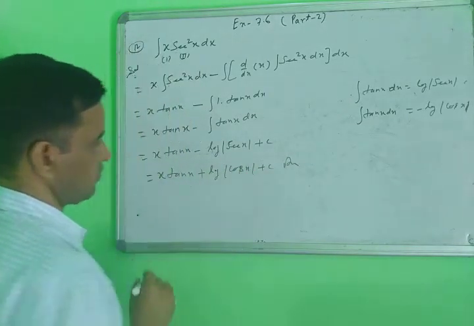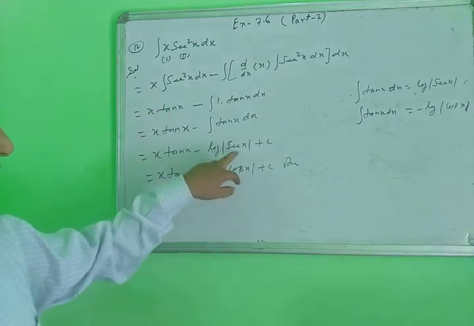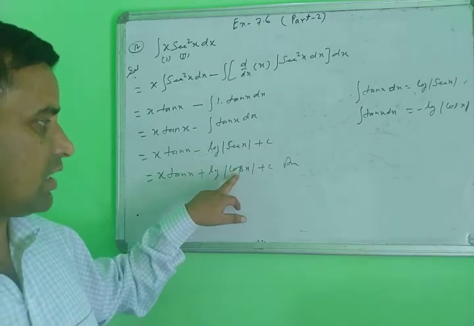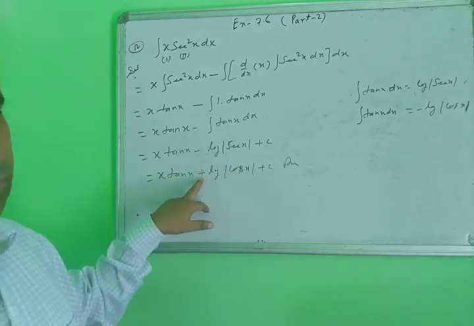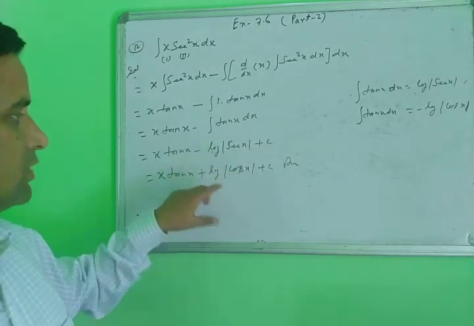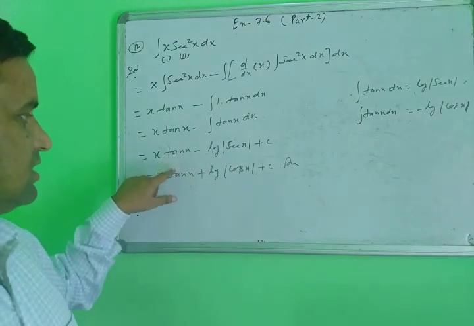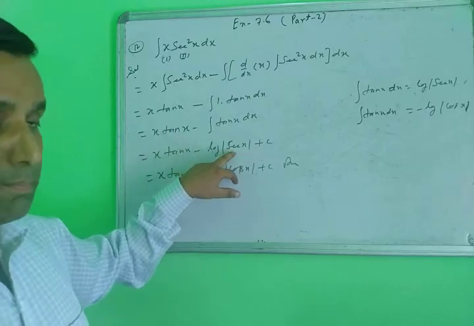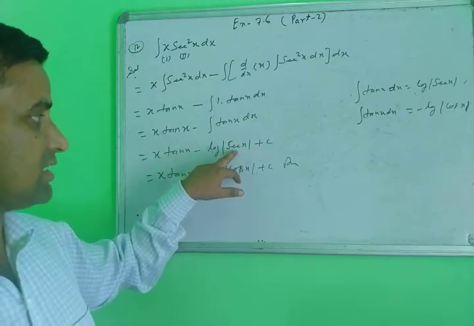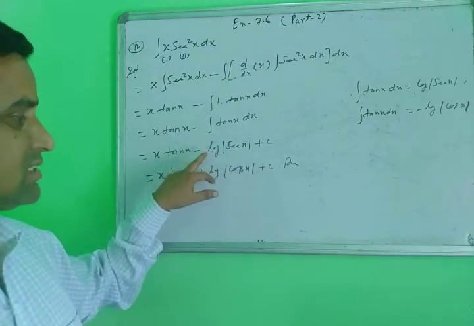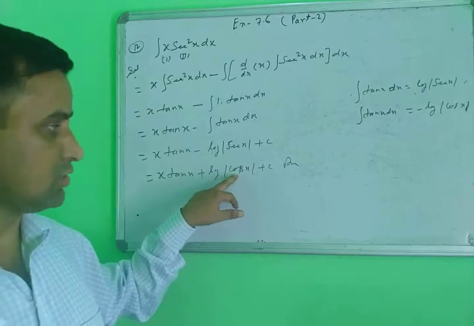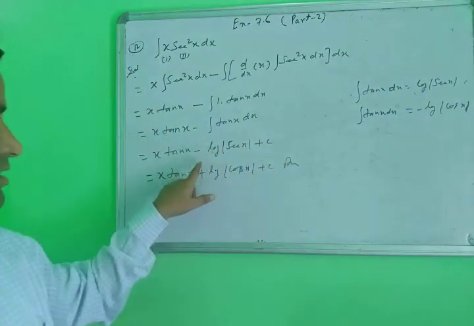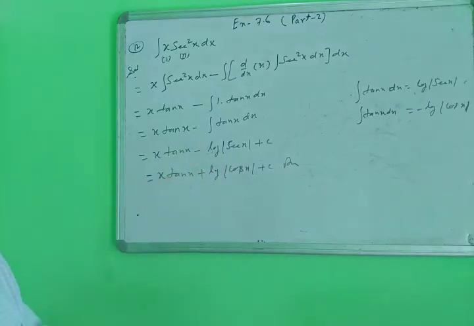This is the plus form. Suppose you write the answer in the sec form, this answer will be negative. Suppose you write the answer in the cos form, then the answer will be in positive form. Then you can write both steps as your answer. This and this, both you can write, not a problem. But depending on the requirement, if you write the answer with sec, then you put a minus. Or if you write the answer in cos, then minus and minus convert into the plus form. Yes, you note it down. Then next question.